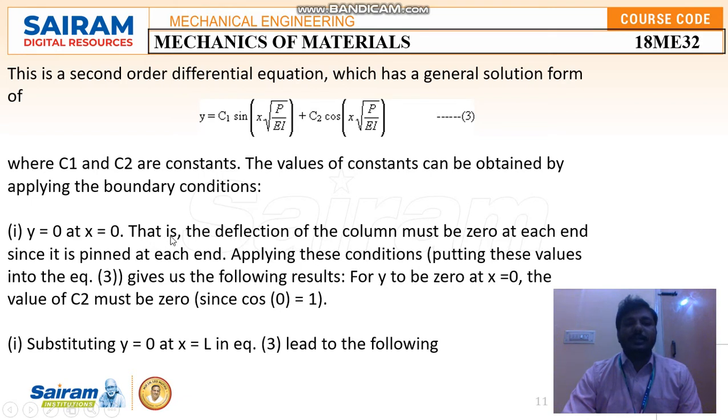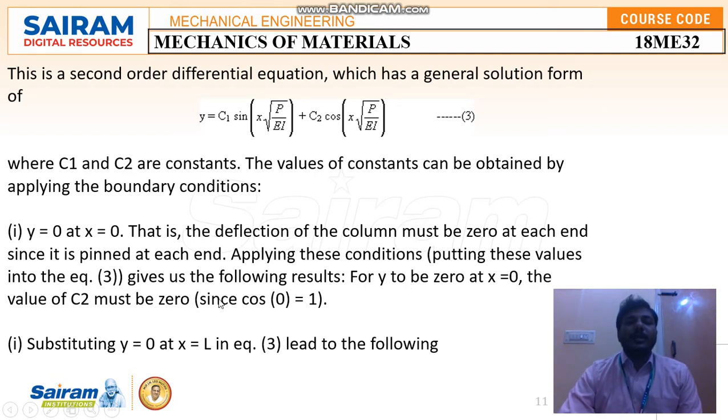That is the deflection of the column, which must be 0 at each end. At both ends it will be 0, that is, y equals 0 at x equal to 0, since there is a support at each end. Applying these conditions by putting these values in equation 3, what we got is: